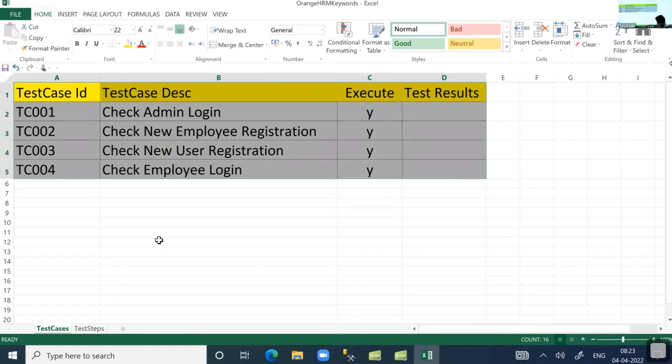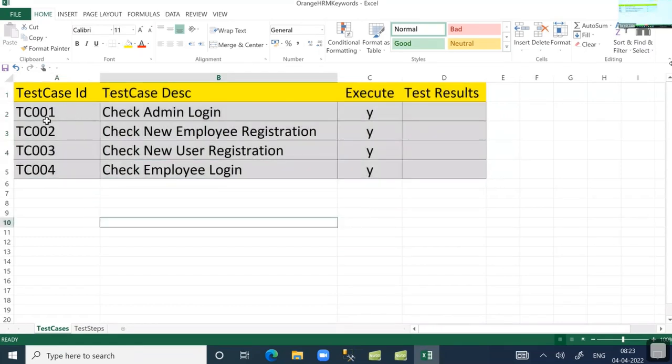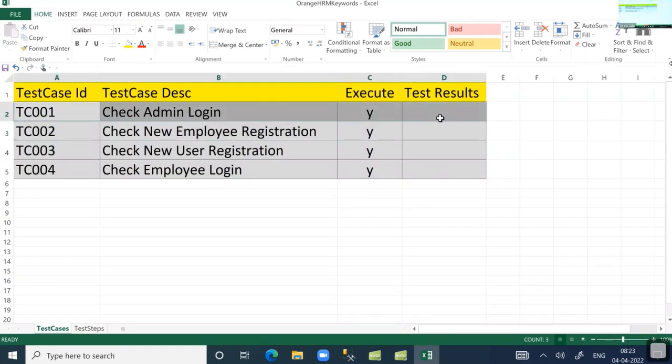First, we have to document the test case in this format. Test steps. Every test case will have the steps, right? Step 1, step 2, step 3. Say first test case here, check admin login. Check admin login will have 2, 3 steps. Test steps are documented